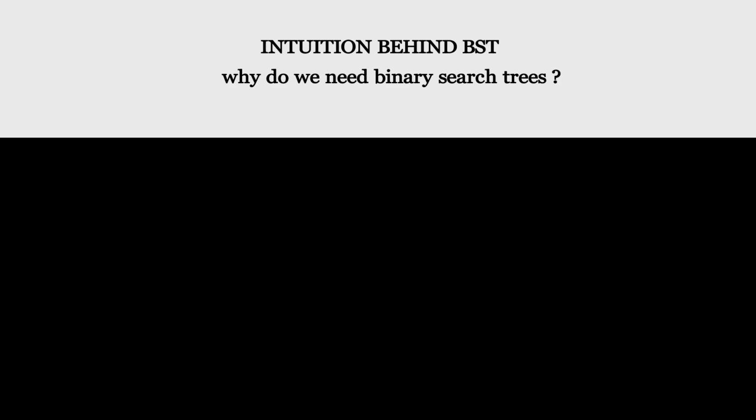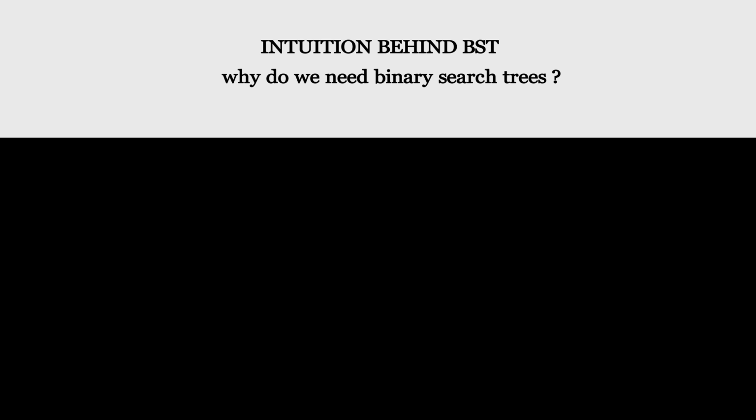So now we can perform searching in a binary tree in a way very similar to binary search. In binary search, at every step we reduce our search space by half because we know that the array was sorted. Now in case of a binary search tree, we know that the value of the left child node is always less and the value of the right child node is always greater than that of its parent.